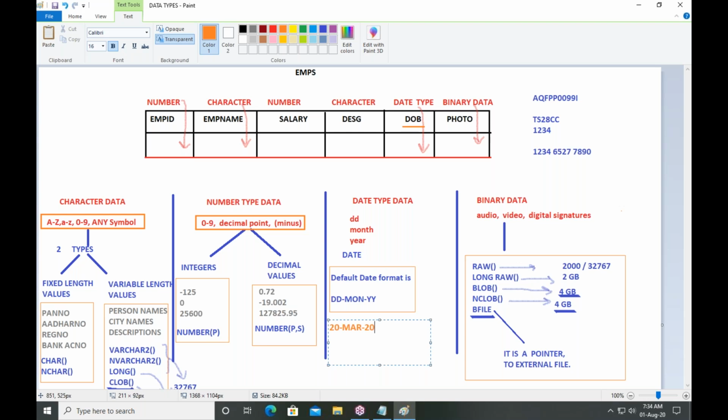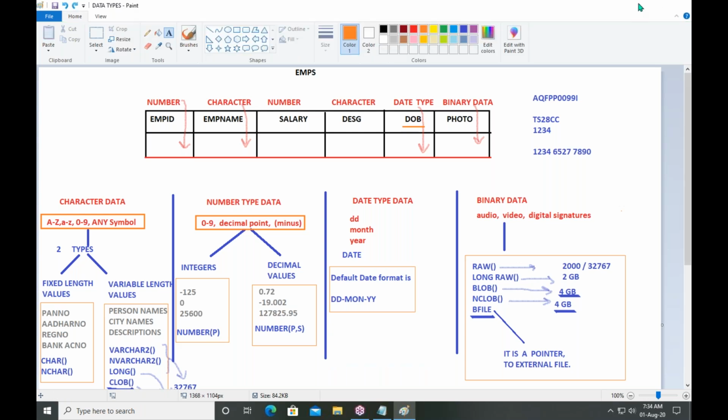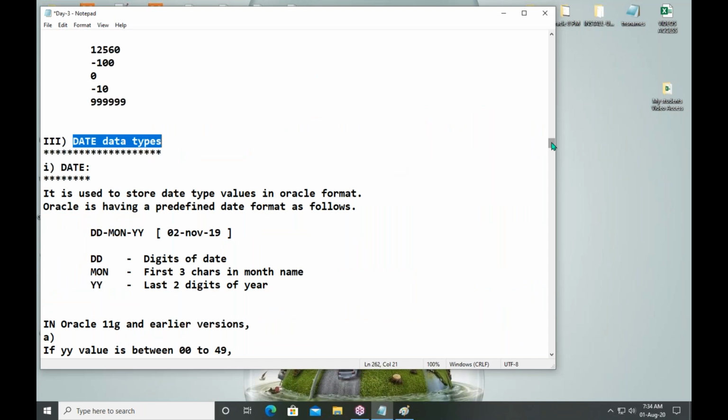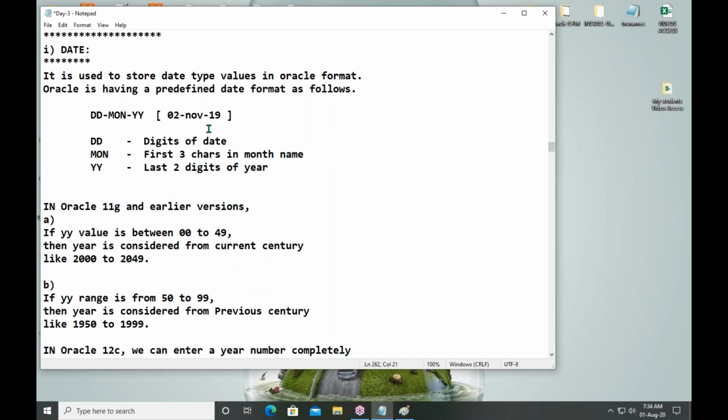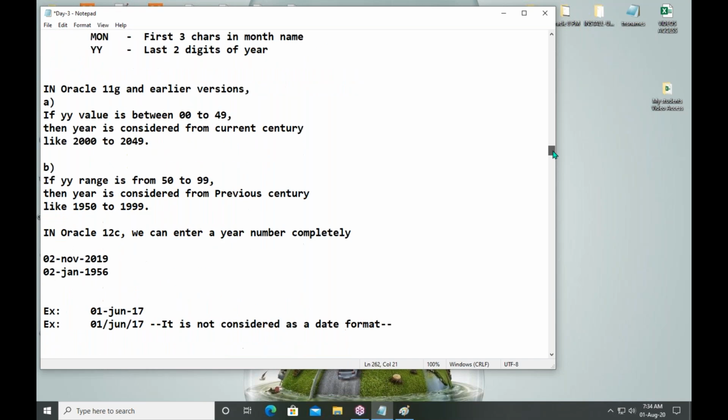Is it 1920 or 2020 or 3020 or 1820? You are writing only the last two digits of year. How to understand the date? For that, Oracle has provided a default range of year numbers.